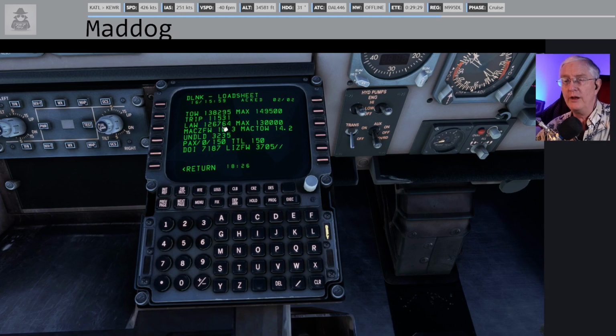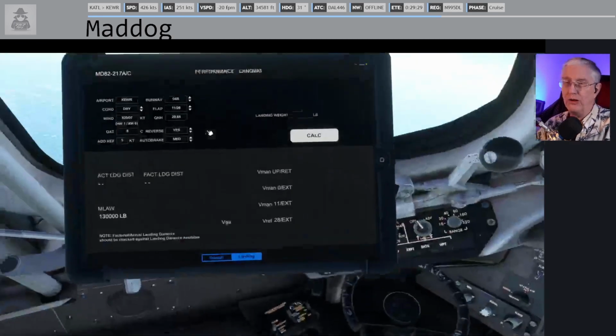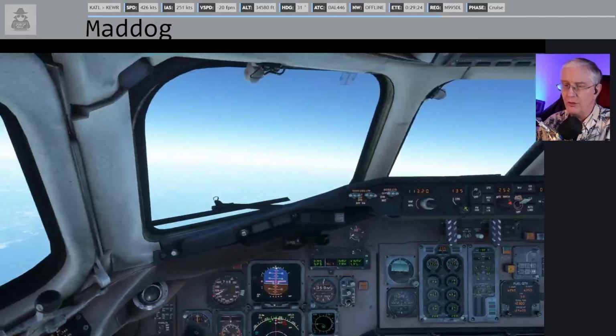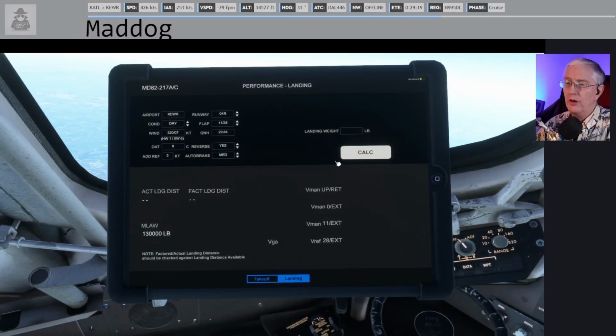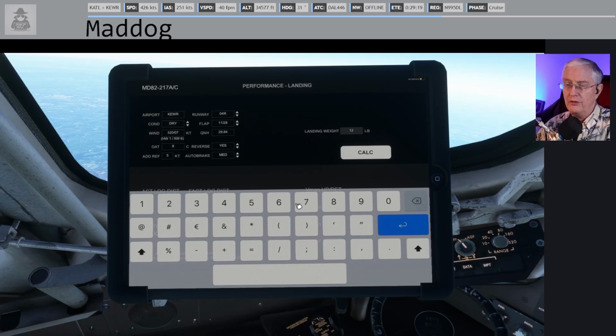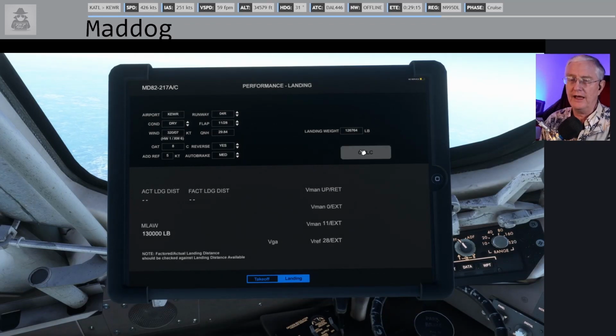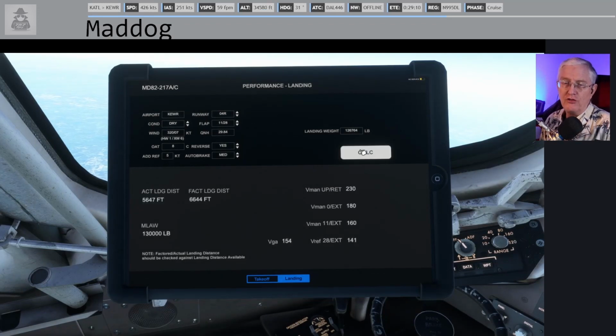We're going to be 126,764. And I always forget it. 126,764. And enter. After all of that, we can go calculate, and this should give us our actual landing distance,